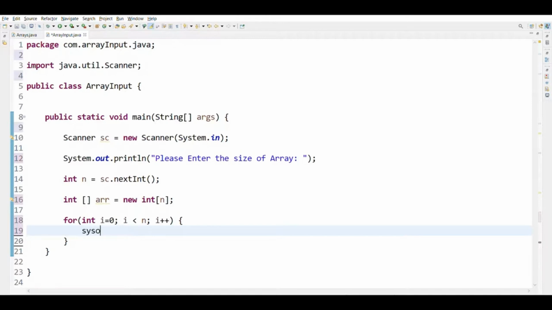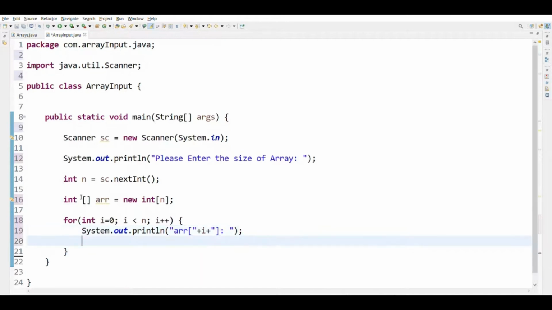Inside curly braces we are going to write System.out.println, then arr, then concatenation i, then again concatenation, square bracket, then colon. Then we are going to write array[i] equals to sc.nextInt(), then semicolon. Outside for loop we are going to write